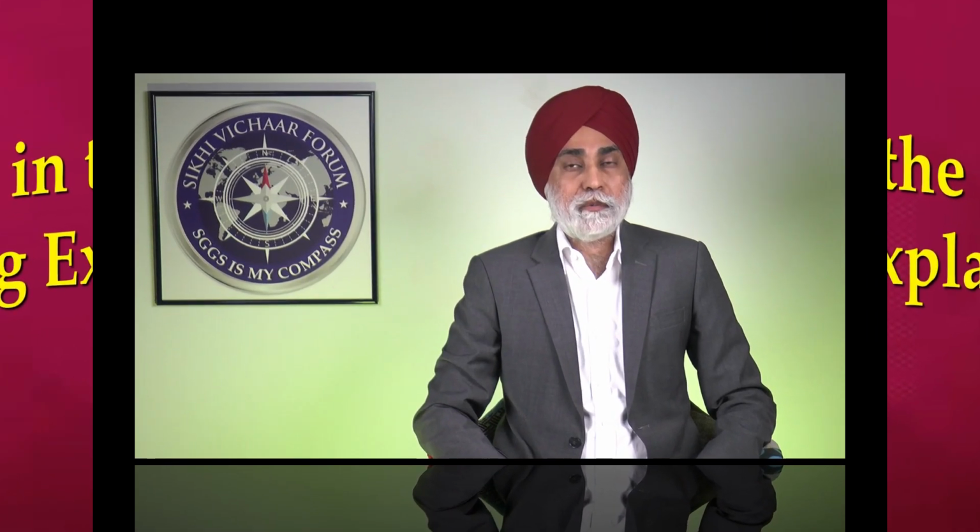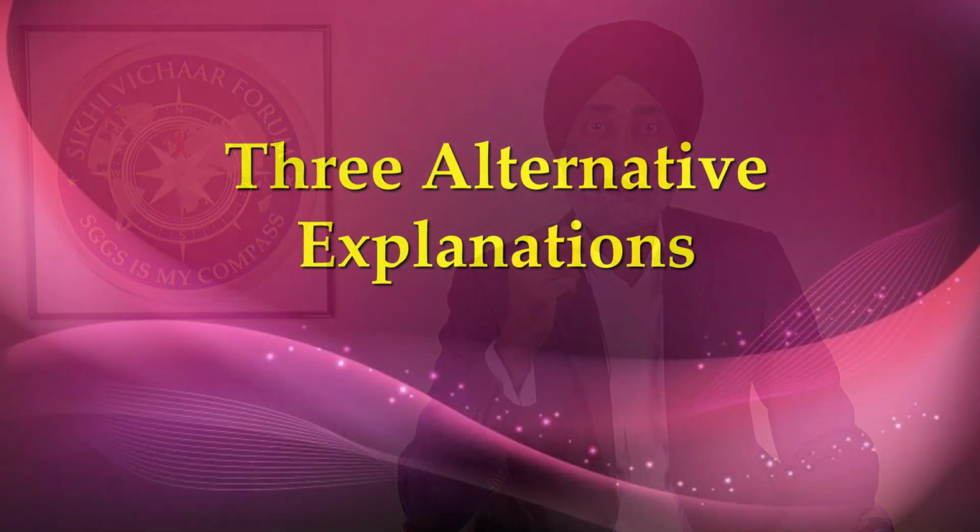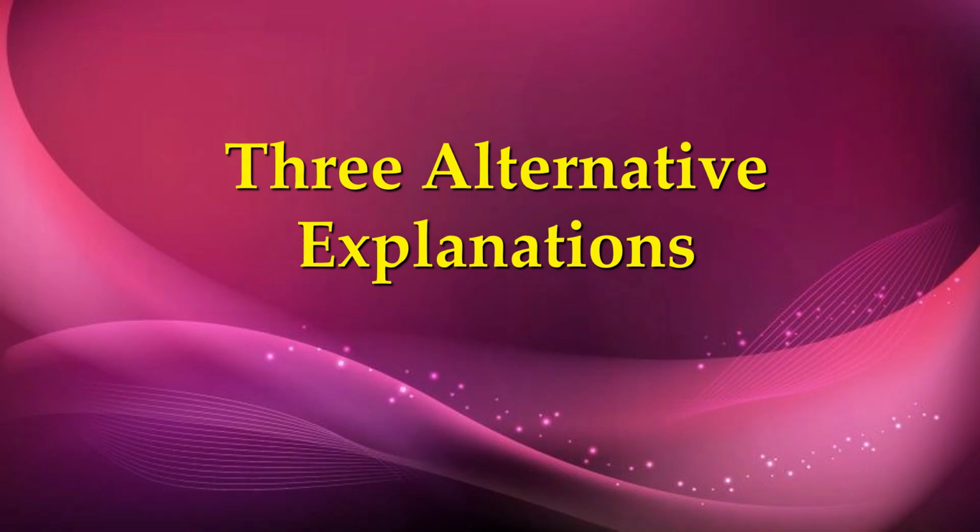In the previous video, we looked at the issue of errors that have come to exist within the prevalent versions of the Sri Guru Granth Sahib. This video aims to deal with two primary questions that arose in the minds of viewers. First, how we ended up with the problem, and second, why it came into being. This video will thus provide three distinct, separate, and alternative explanations for the problem.